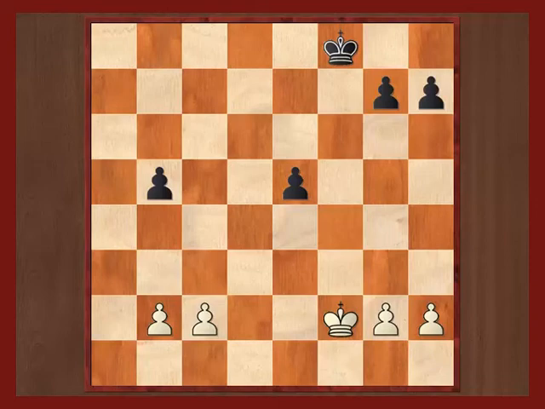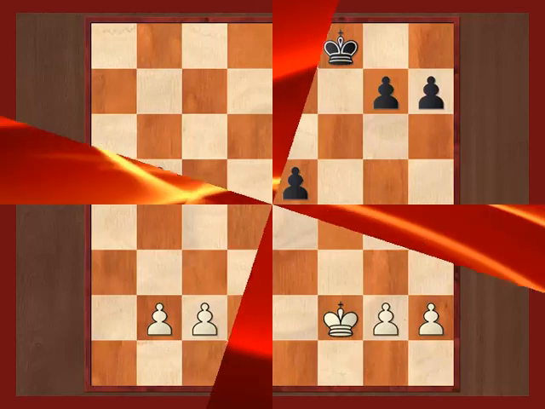And we've ended up in a pure pawn endgame. Now why on earth did white exchange all his pieces? Well, you could say to regain the pawn. Yes, but there is a much more important reason. That reason